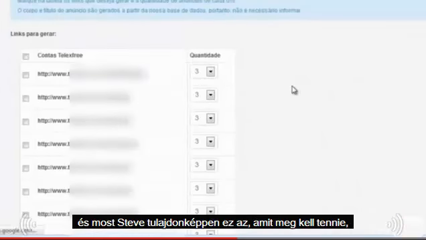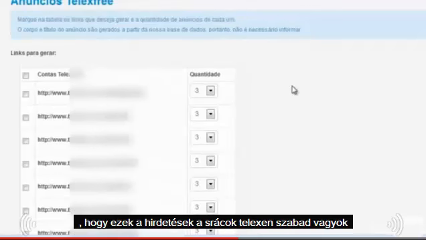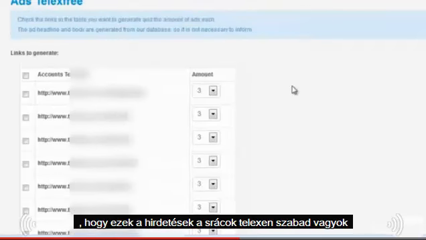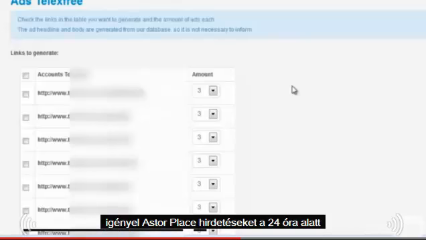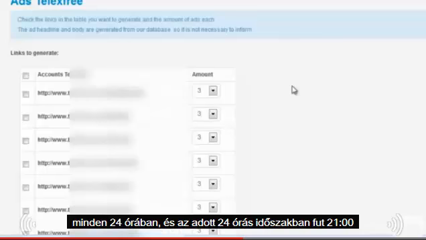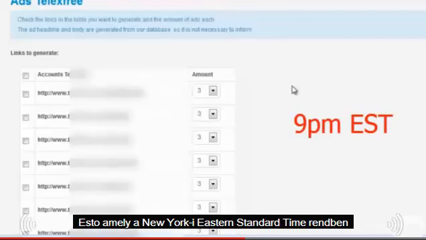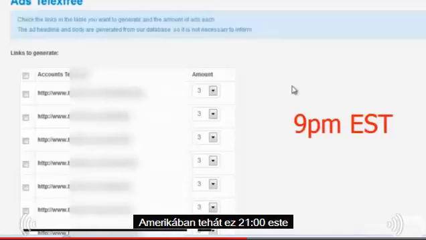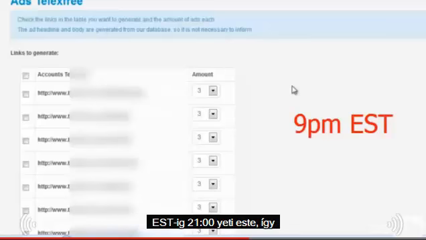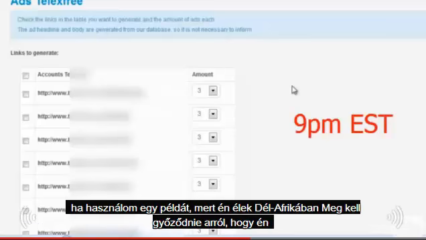and now you'll see basically this is what you need to do. To place these ads, guys, TelexFREE requires us to place ads in a 24-hour period, every 24 hours, and that 24-hour period runs from 9 p.m. EST, which is New York Eastern Standard Time in America. So that's 9 p.m. in the evening EST till 9 p.m. EST in the evening. So if I use an example, because I live in South Africa, I need to make